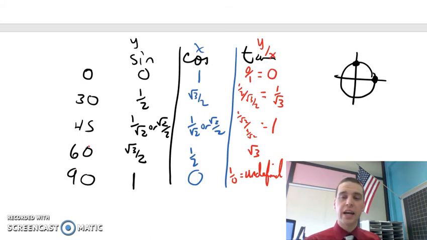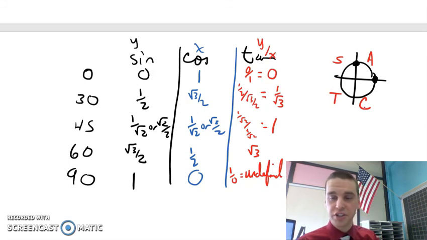You can now find any quadrant based on if you can find the reference angle and then in which quadrant it is. Sine is positive in the second quadrant, cosine is positive in the fourth quadrant, tangent is positive in the third quadrant, and they're all positive in the first quadrant. This was before in the notes that I skipped, but we can look at the All Star Trig Class if you want a mnemonic device to figure that out. All functions, just the sine function is positive, just the tangent function is positive, or just the cosine function is positive